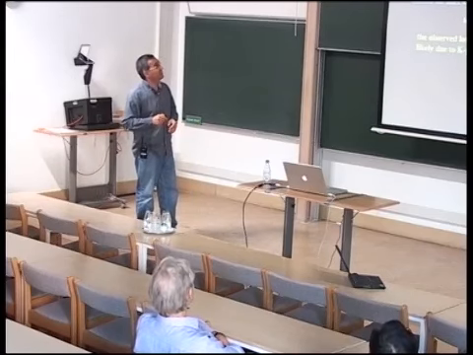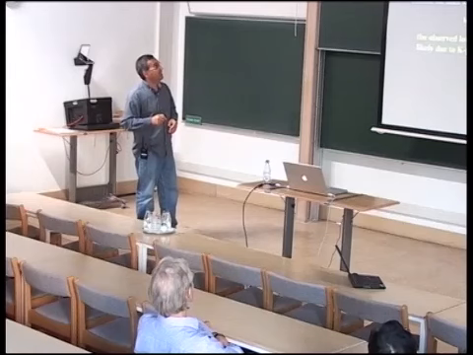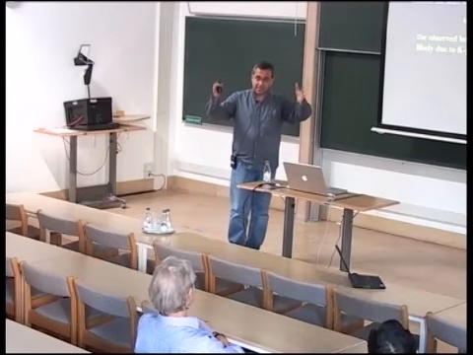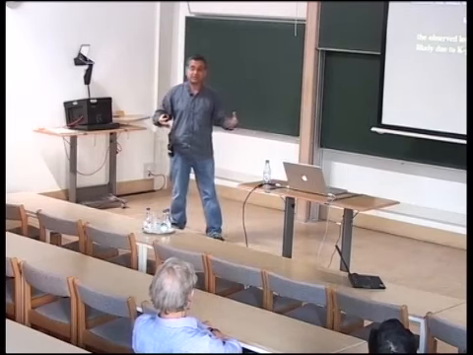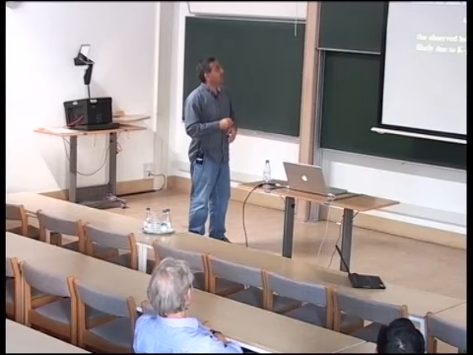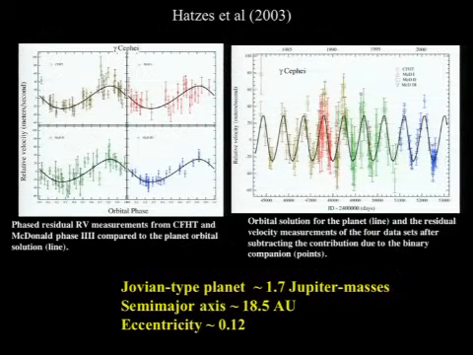So in 1992, Gamma Cephei was classified as a K0III star, and based on that, they were saying that if you look at the star, you will see chromospheric activity that has a period of exactly 2.5 years. So what you see may not be an actual signature of a planet, it may be the chromospheric activity. As a result, in 1992, Walker et al. published a paper, and they said that most likely what they found was not a planet, and it was actually the activity of the star. They retracted their discovery.